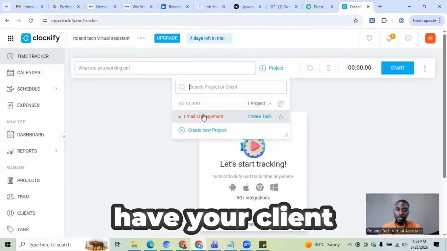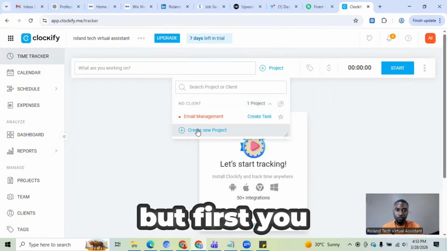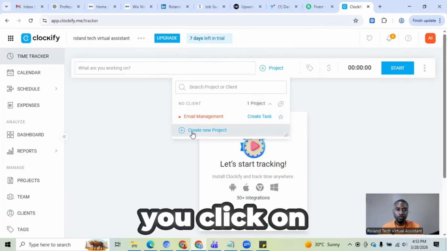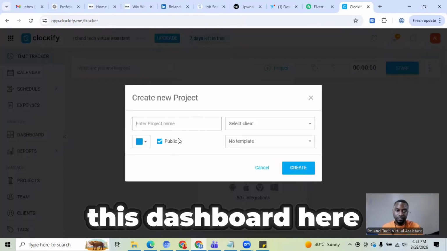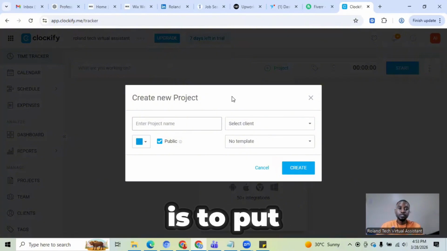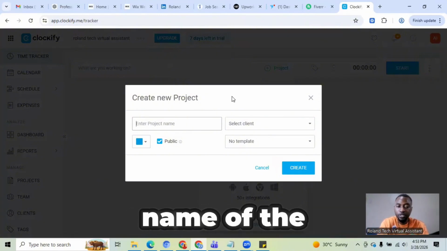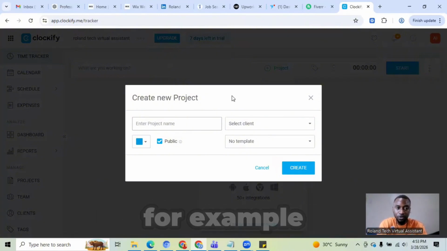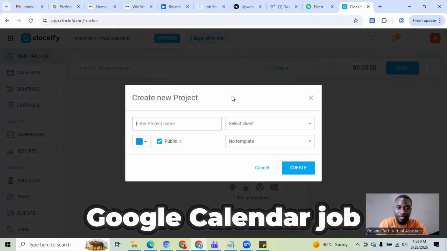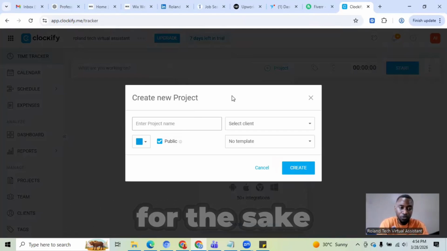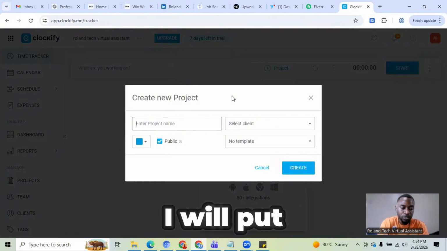Okay, if you have your client name, you can also put it over there, but first you need to create the project. You click on this create new project, then you have this dashboard here. Then all you need to do is to put the name. You input the name of the project that you are handling for your client. For example, it might be email management, it might be Google Calendar job. Just for example, for the sake of this tutorial, I will input